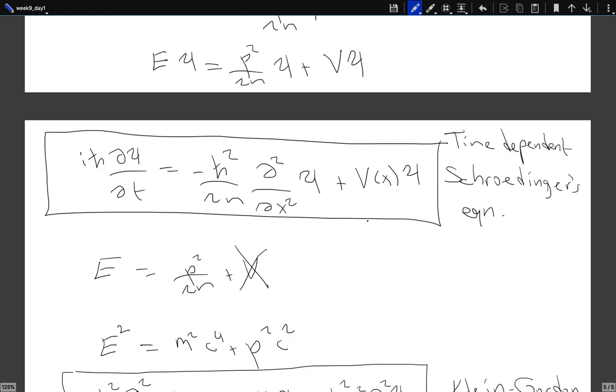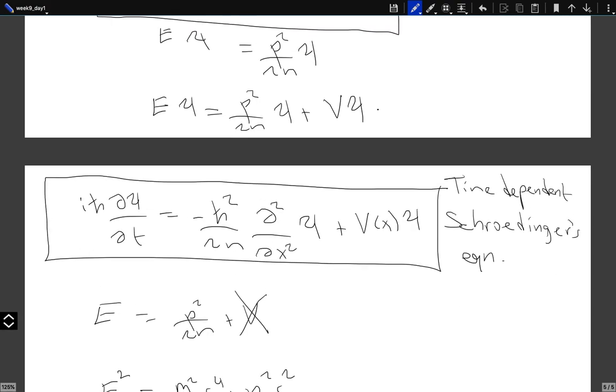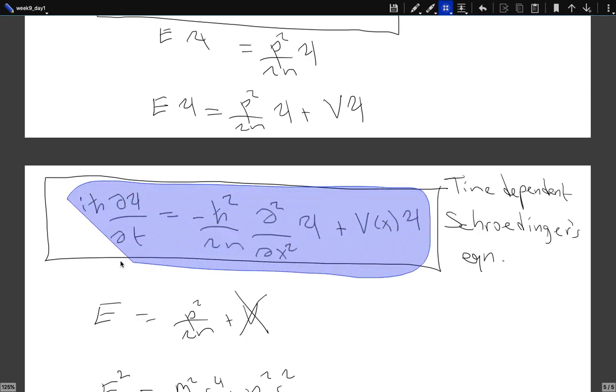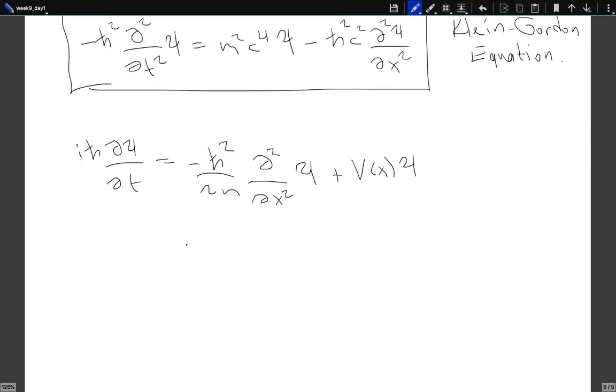Now let's look at a simple problem. Well, before solving a simple problem, let's write a different version of this equation. When we were trying to motivate this equation, we started with a free particle with a fixed momentum and a fixed energy. A fixed momentum basically means that the particle is everywhere. The uncertainty in its position is infinite.